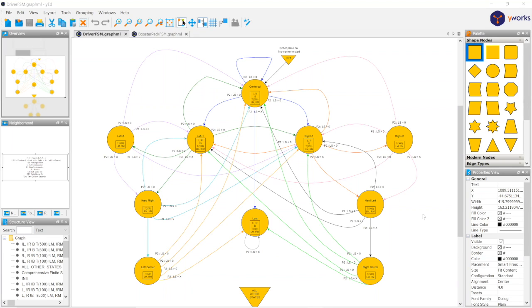Over here, I have a finite state machine that goes over all of the different transitions and outputs of the robot while it is driving across the track. So if we see here, first I have a start state, but after a user button press, they go into a centered state, which essentially is a representation of when the robot is directly over a black line, and then using